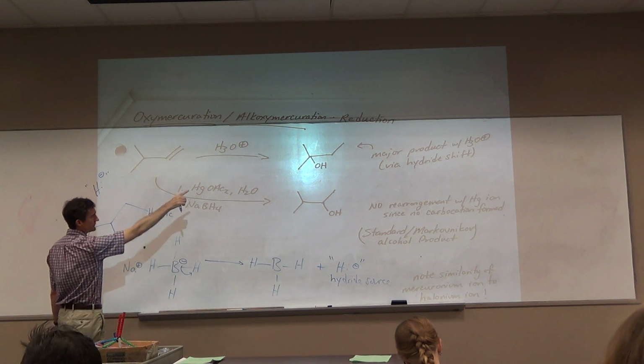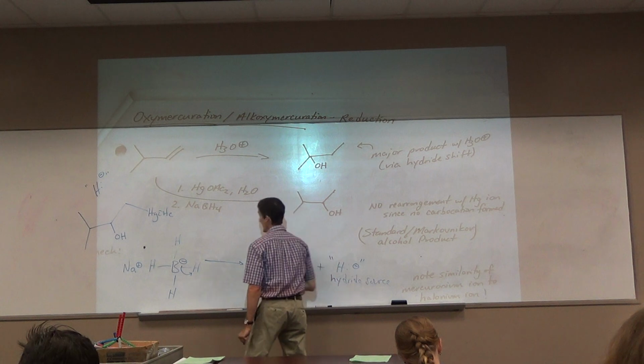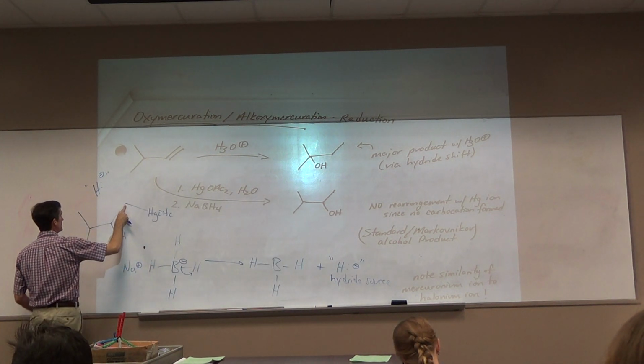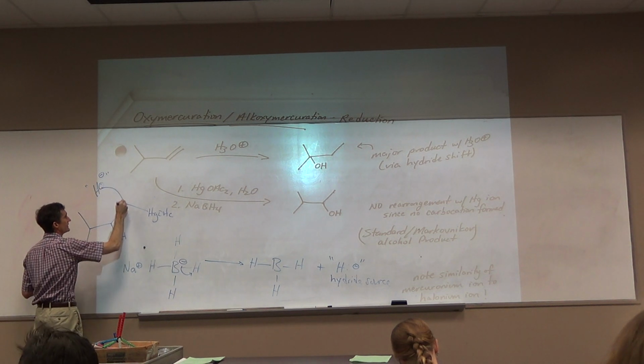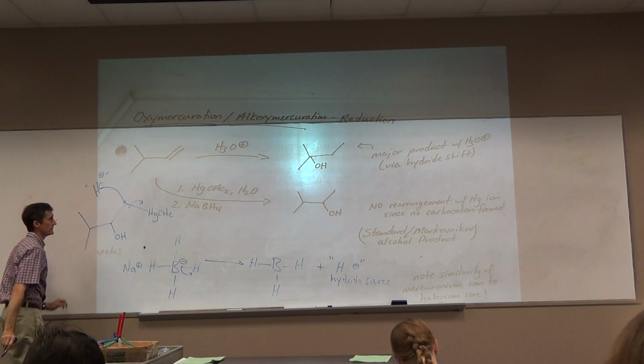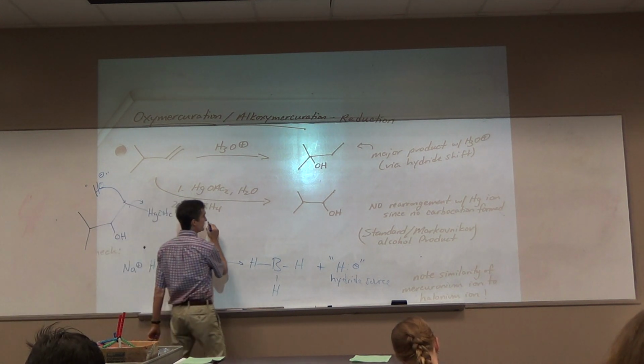But what do we need to do to get the final product? We need to replace the mercury with what? A hydrogen, yes, because there's 2 here, we need 3 there. We could perhaps show this with these electrons attacking the carbon and kicking the mercury off. That would give this,